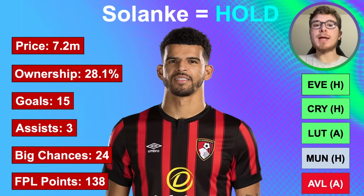Some people are selling Solanke on the wildcard or even with their normal transfers, and I think he's worth holding on to with the upcoming 3 fixtures against Everton, Crystal Palace and Luton Town, including back-to-back home games. And in Game Week 34, Bournemouth are very likely to double according to Planet FPL and Ben Crellin, so it will be a double of Aston Villa away and potentially Wolves away. It's a decent double on paper, especially for the attackers, and I think Solanke is definitely a hold up until